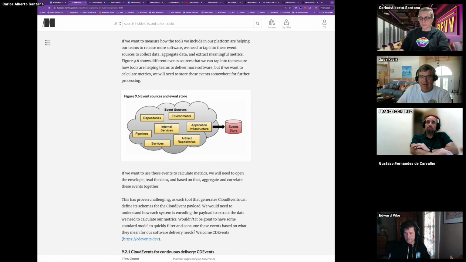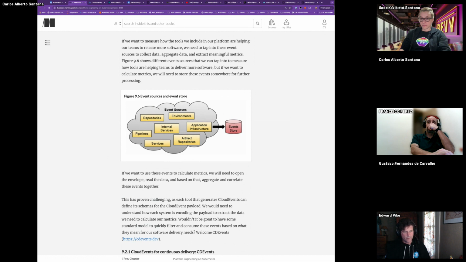I want to say yes and no. If you go deep down into OpenTelemetry, at least in tracing, a trace is an event that gets captured and has information that's stored in a database. So that's how a trace happens. Okay, I'll study it. I was just curious because I've learned all about OpenTelemetry. I knew about Kubernetes events. I just didn't know that it had been generalized and standardized under cloud events. I'll read about it. Thank you.